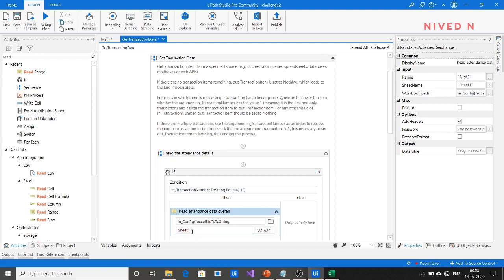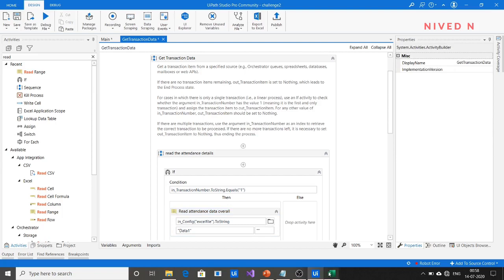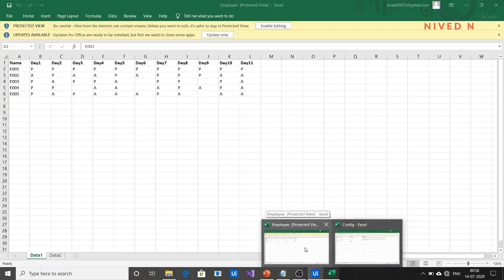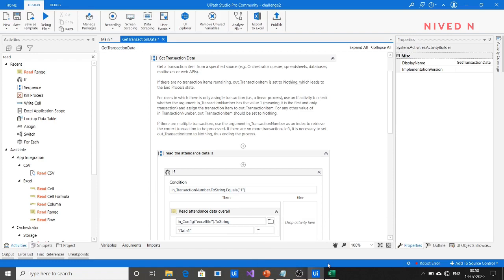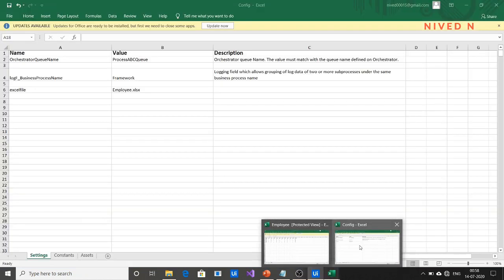I have to specify the sheet name. The sheet name is data 1. I have to read the whole data, so you can specify it simply as data. Please check that data 1 is the sheet name in the config Excel file. Okay.